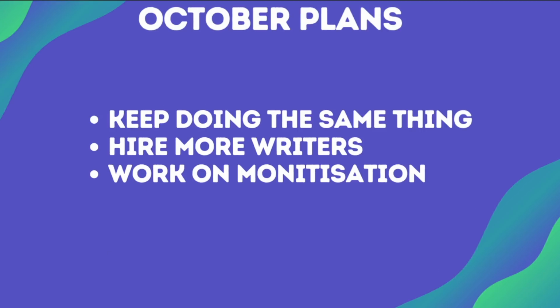Moving on to the next slide, these are my plans for October, and I'm just going to keep doing the same thing. I think in a John Dykstra email newsletter or maybe a podcast, I might butcher what he said, but he said that there is a beauty in finding something that's boring that's working well. Because if you reach the point where you're finding relatively good success and it has become boring, that means you've created a system or process where whatever you're doing is working. So you don't want to deviate from that too much.